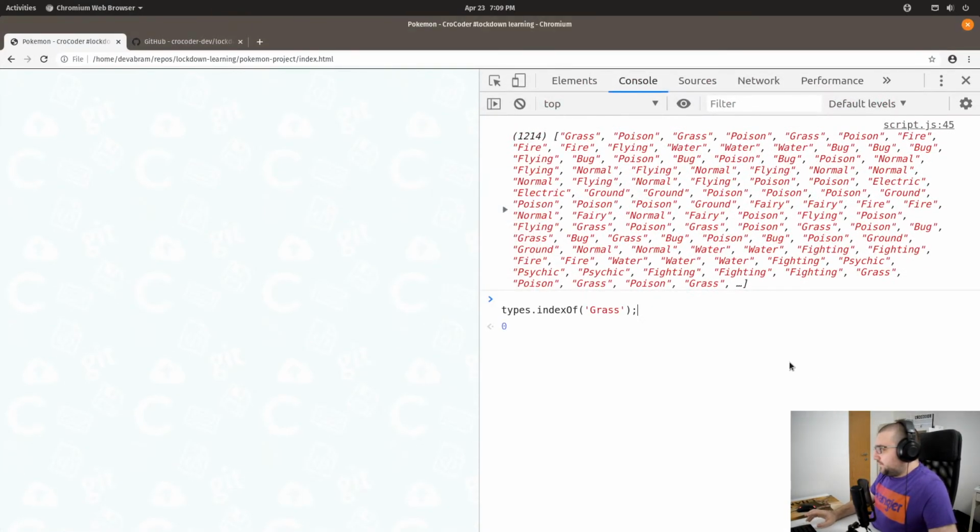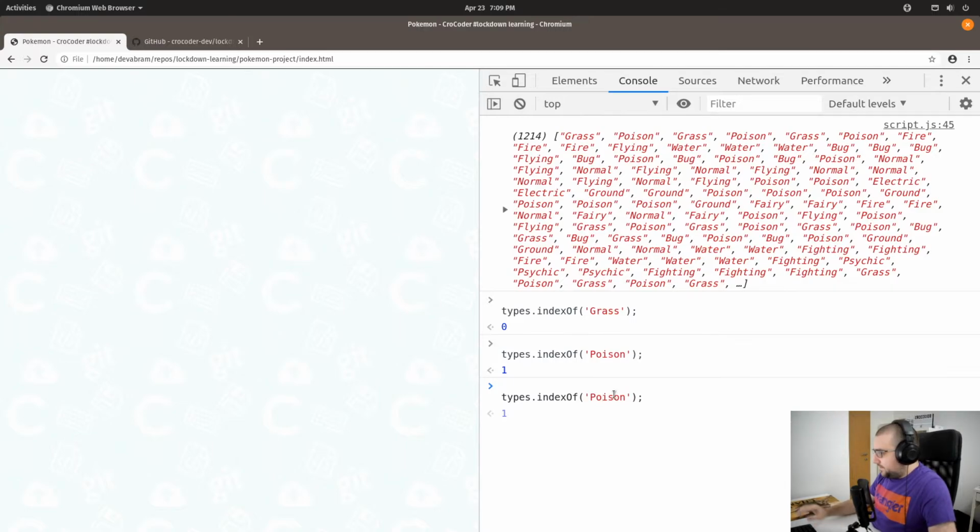We can try it here. Let's copy paste this. So types.indexOf grass is 0. What this does is write out the first index in our array, the first position where our item is positioned. So grass will be 0, poison will be 1,